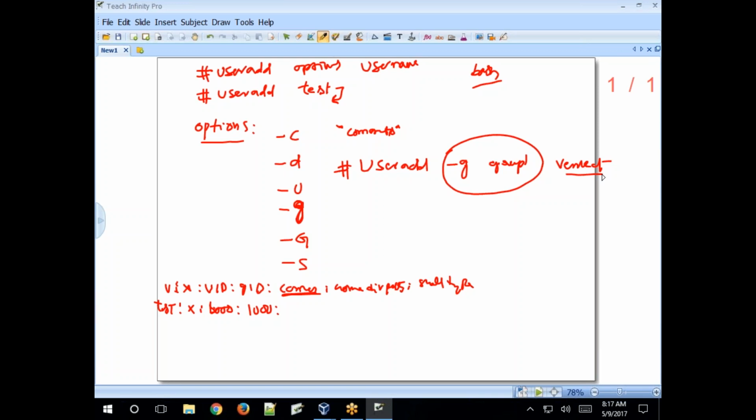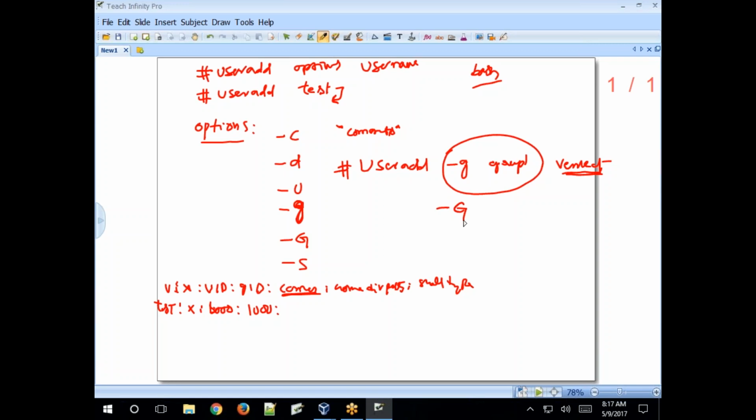Clear? So here we are creating a user with a different group as the primary group. Now what is capital G? Creating a user with a primary group and adding the user as a member into additional groups at the same time.